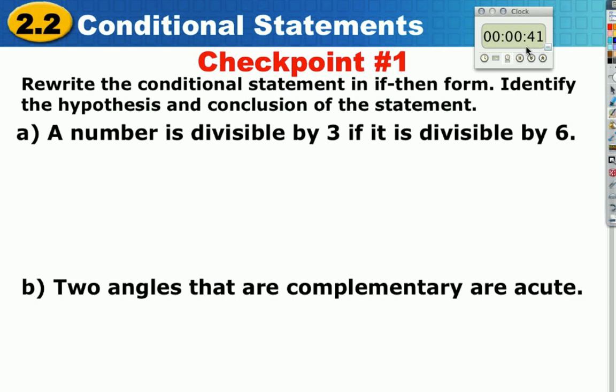If divisible by 6, then the number is divisible by 3. And then type 5, the number is divisible by 6, and then the if two angles are